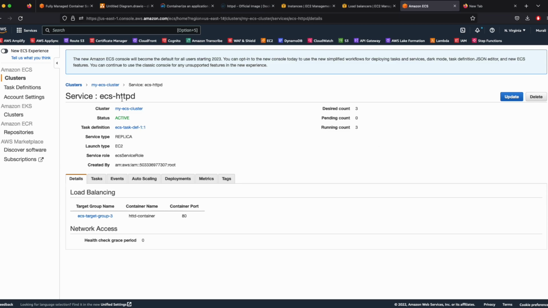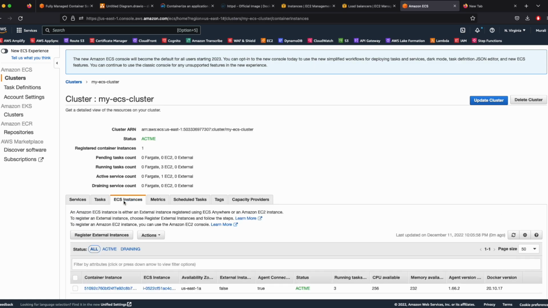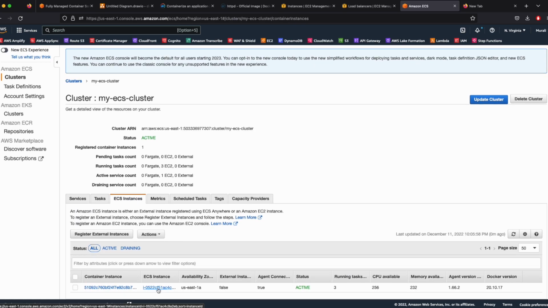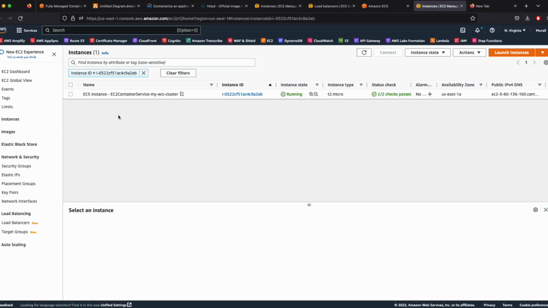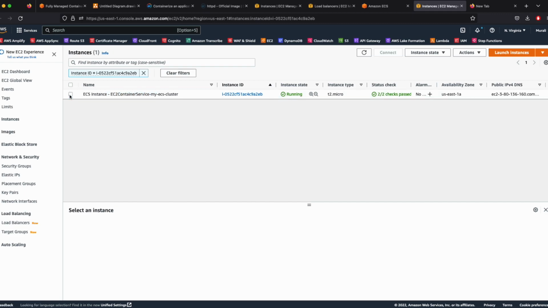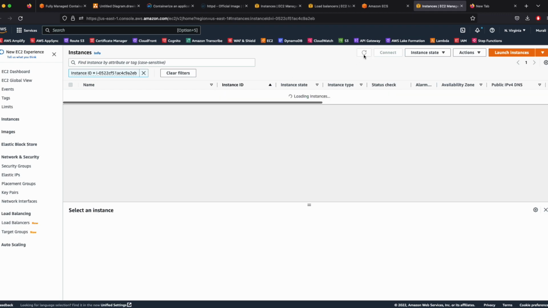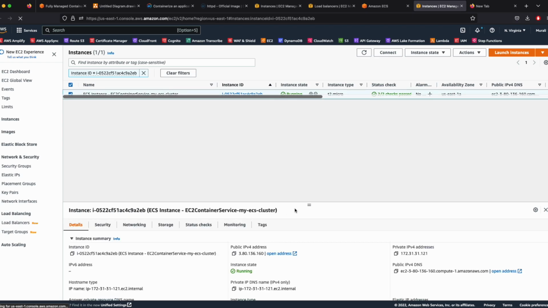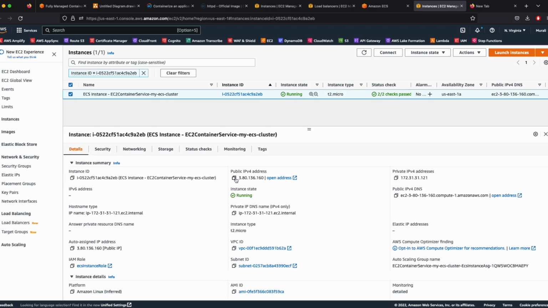So what you're going to do is go back to my ECS cluster and click on ECS instances, like so. Click on ECS instance. When you click on this, you go to the EC2 instances section. As you can see, my instance is actually running. Make sure this is the same EC2 instance. Yes, that is correct. Now if you select this instance and pull this up a bit, copy the public IPv4,